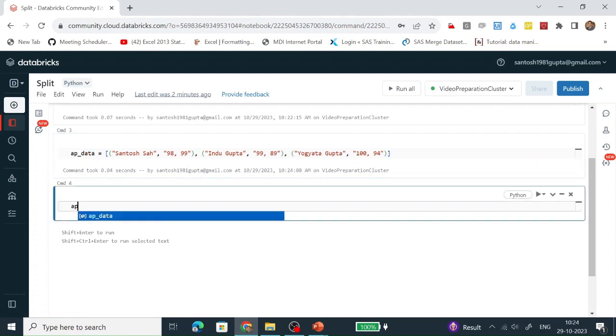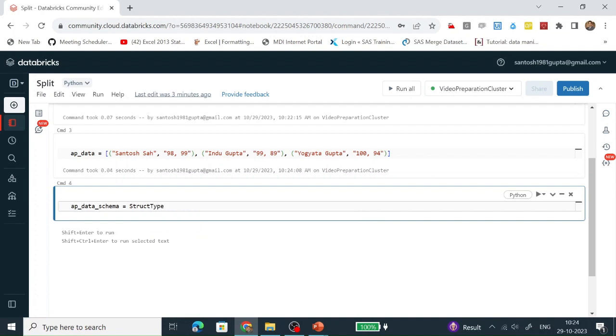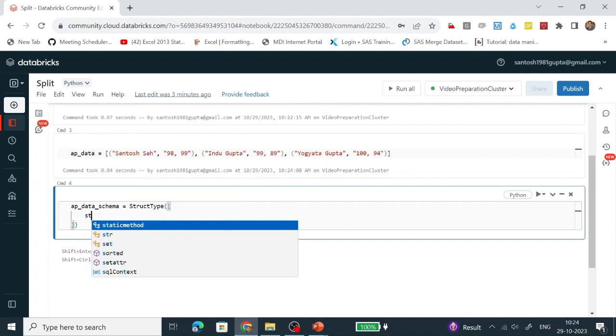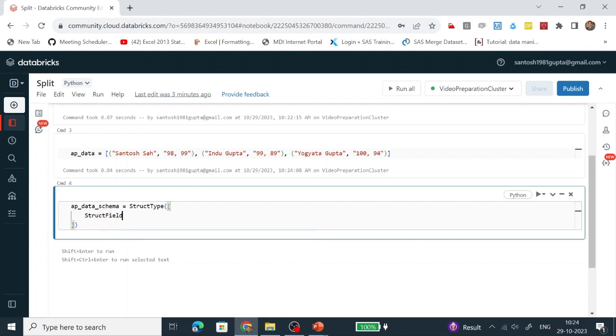Let's create a custom schema. This custom schema we are going to define with the help of StructType. In the StructType, let's call StructField. In the StructField, we are defining the column name and its data type.